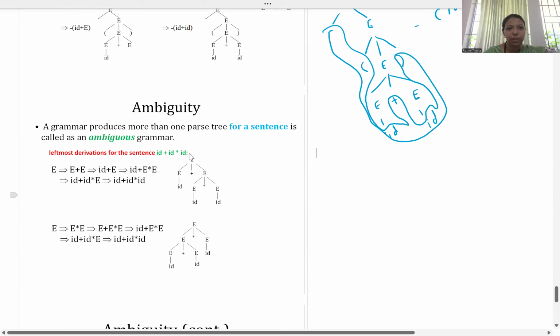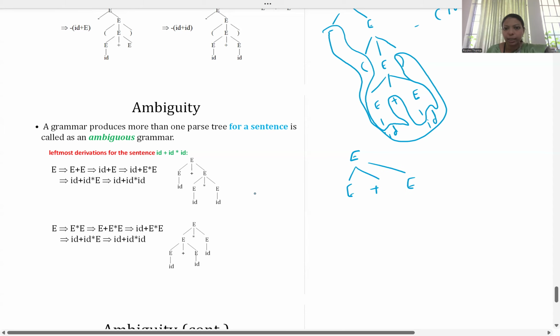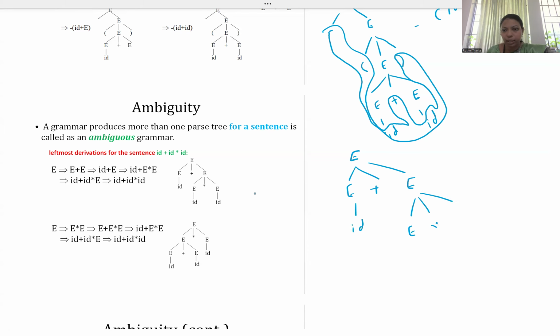For example, I want to bring this. If you look, both parse trees are bringing the same output: ID plus ID into ID. Here also ID plus ID into ID, but you can see the difference. In the first one, E is derived into E plus E, and then this is derived to ID, and this E is now derived into E into E. Then finally ID, ID. But the same thing can also be written with another production, E